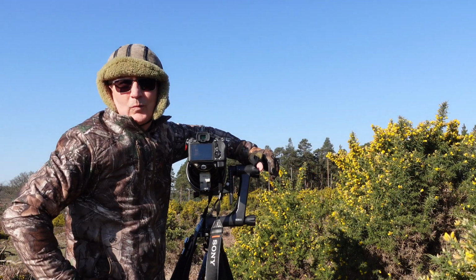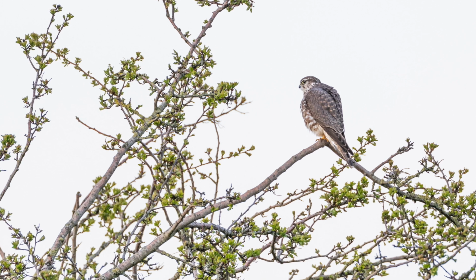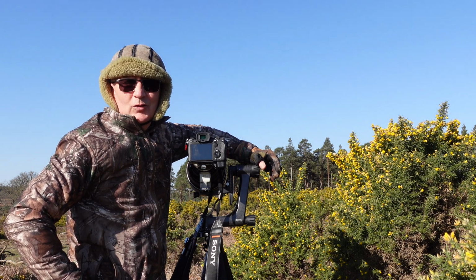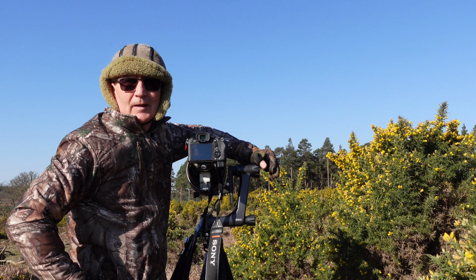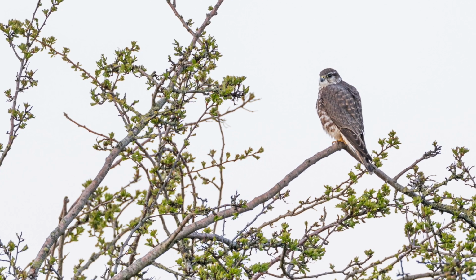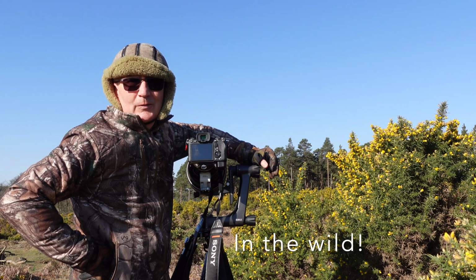Oh yeah, before I forget to tell you, what was that bird I got first of this week? Well, it was just a portrait of a merlin, and it's quite a rare bird, but I got it last week in the Woodford Valley, close to home, just an evening shot. It was some of the last shots of the day, and the light was fading quite rapidly, but it was lovely to get this merlin perched, because they are pretty rare. Lovely just to get it, and a first